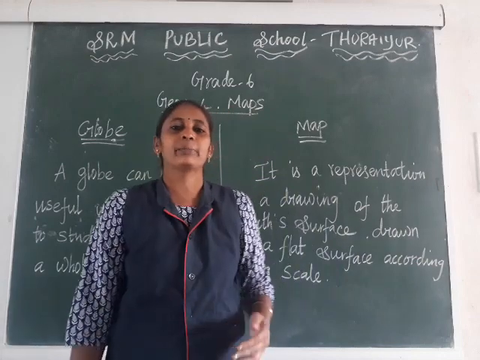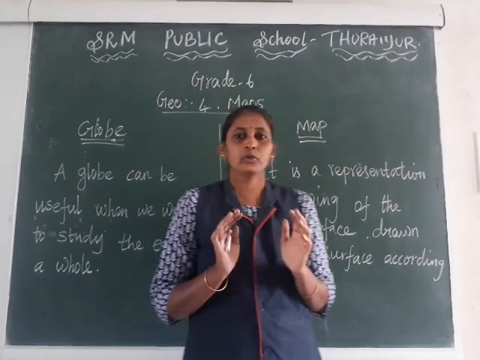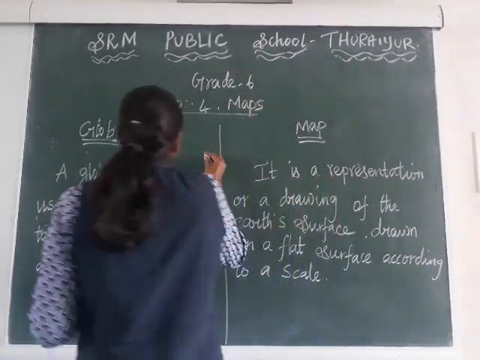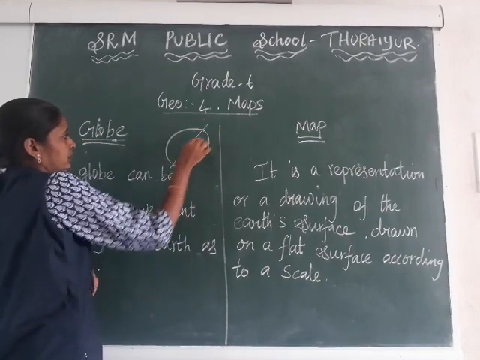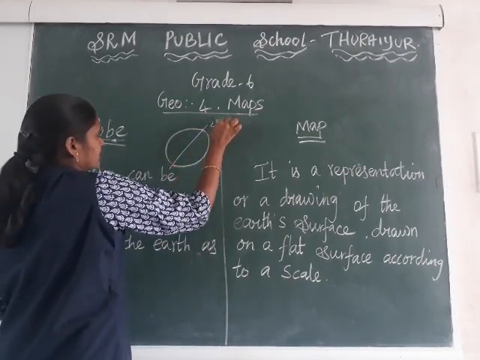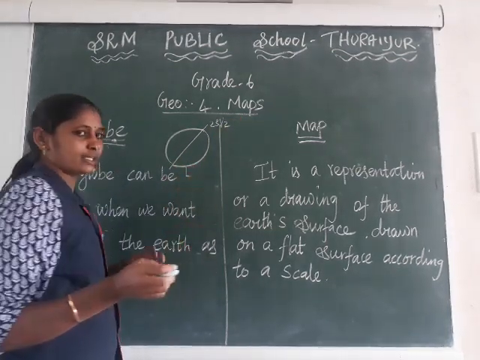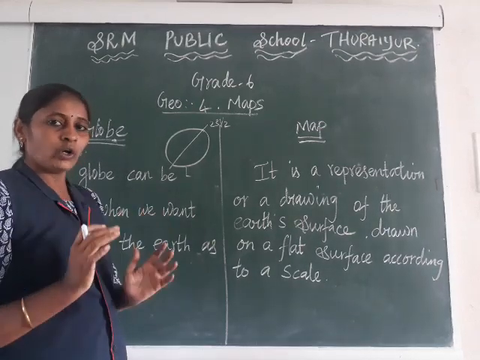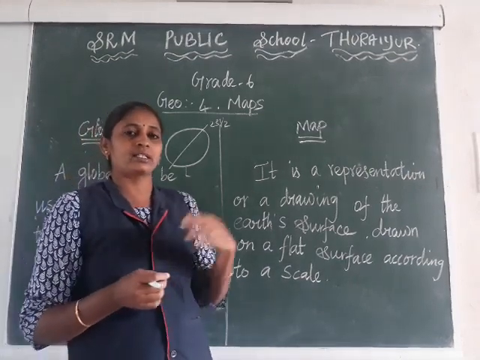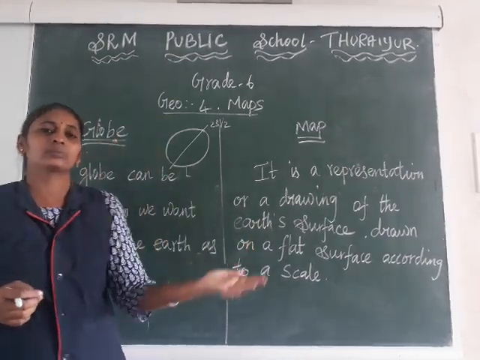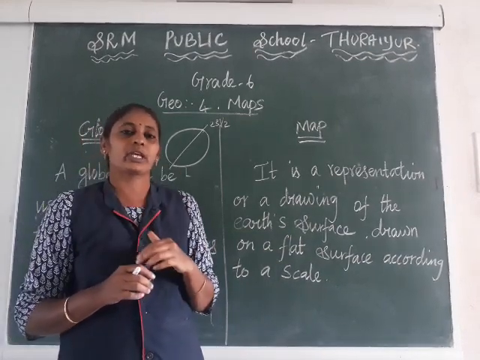Okay. So map, before moving to map, a short recall of the globe lesson. Okay. So globe, you know very well the shape of the earth. Earth is tilted somewhat 23°, and all that we discussed in that second lesson itself. It is a true model of earth. Globe is a true model of earth, we discussed. We can see globes in many places, in school, in the library, or when we are visiting some government offices.